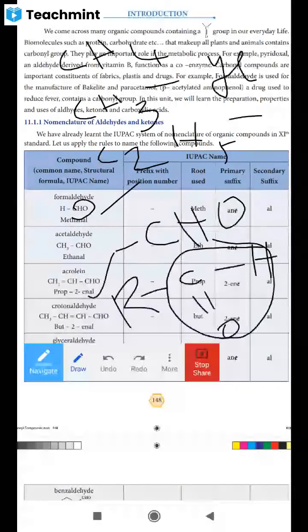Ma'am, if the hydrogen is removed from propane, then what is it called? When hydrogen is removed from propane. Propene, yes, ma'am. From alkenes, yes, ma'am, double bonded, from alkene. One minute, ma'am.